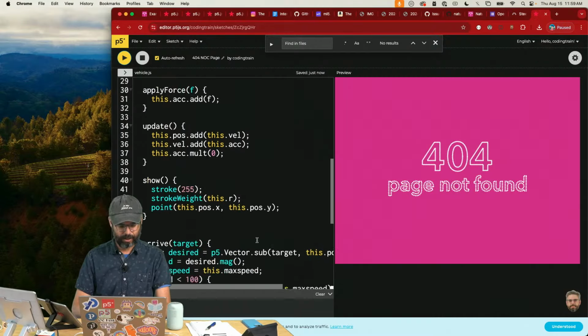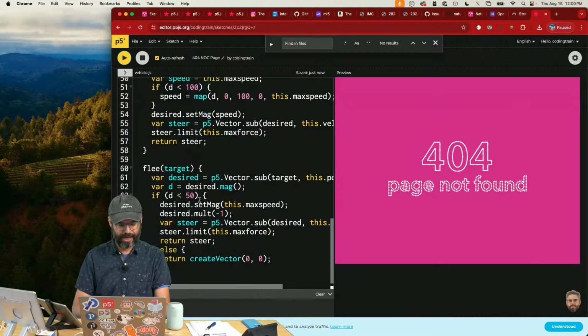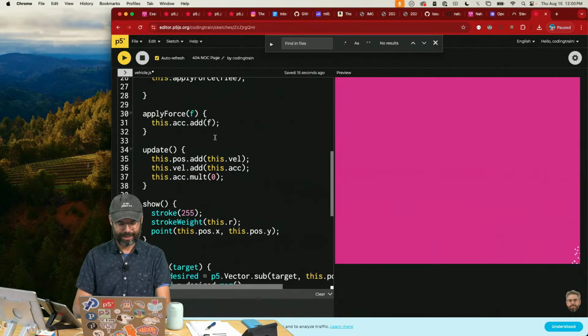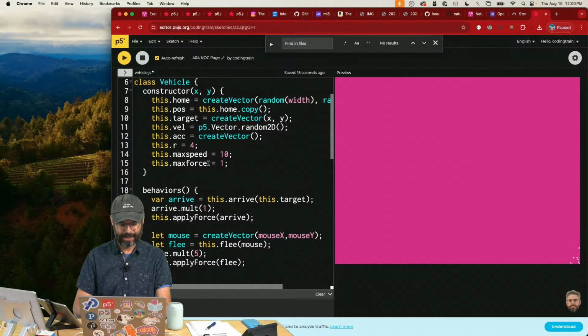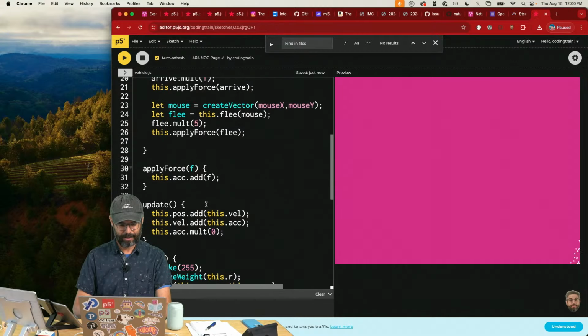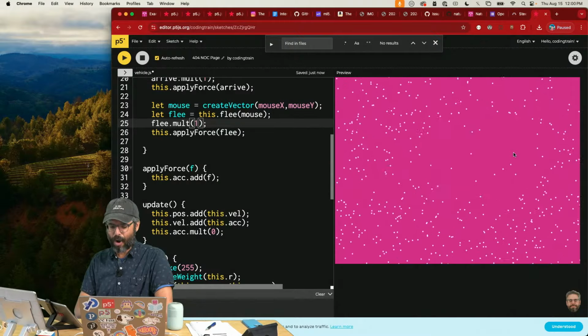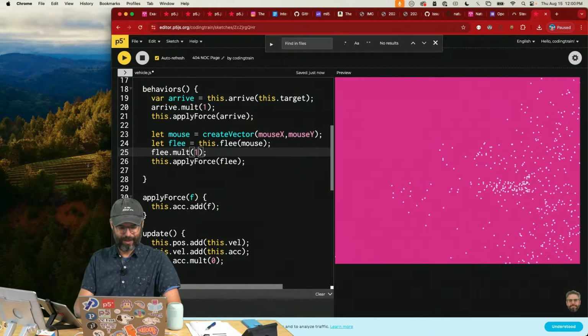I can also look at the flee, which only activates if it's within 50 pixels. Kind of interesting to think about what happens if it's, so yeah, if it's always activated, we would need to,